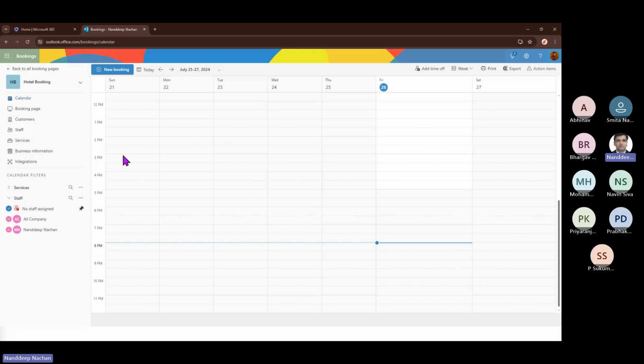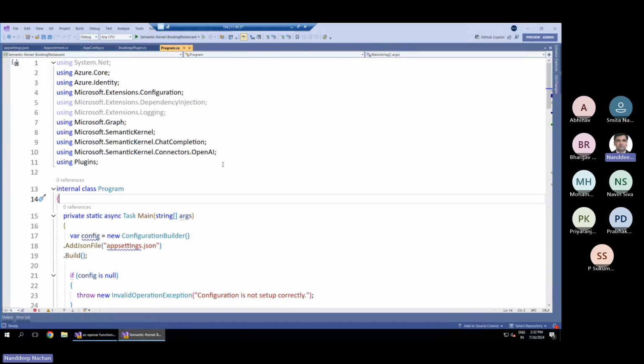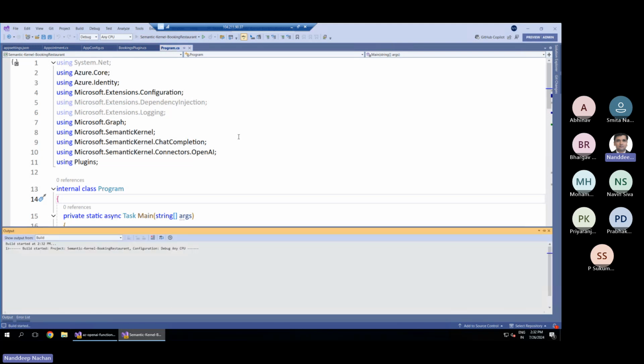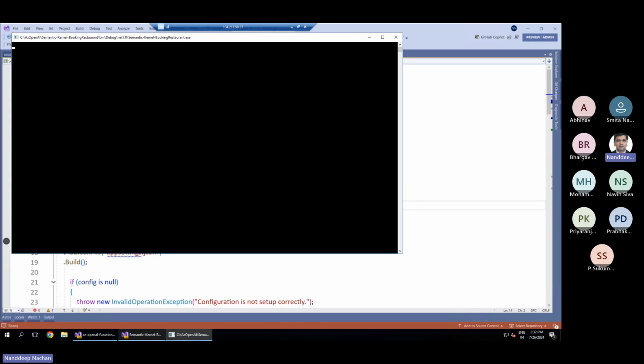and we are trying to achieve that through Semantic Kernel. So for that, let me go to the Visual Studio where I do have everything. Let me just run this first and then we will go through the code. Okay, so again this is nothing but a kind of simulator which will help us to make the booking that we have seen in the booking app, and then it will help us to list out the bookings as well as delete a booking,